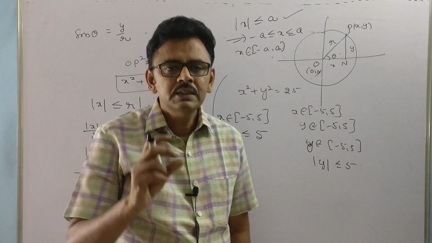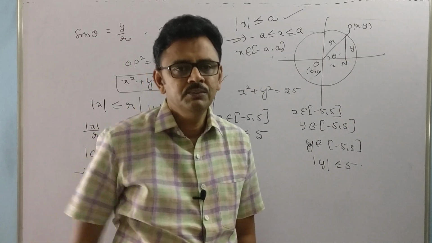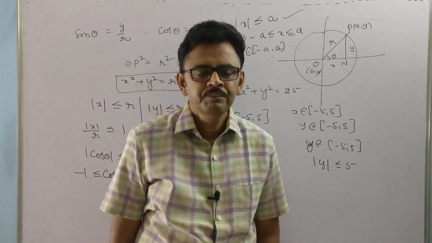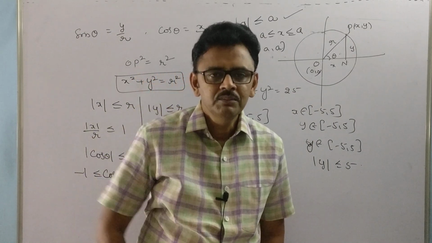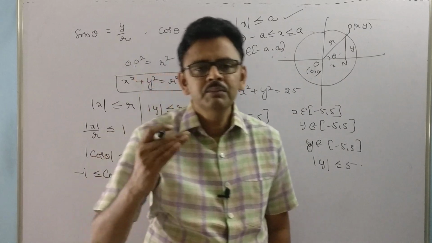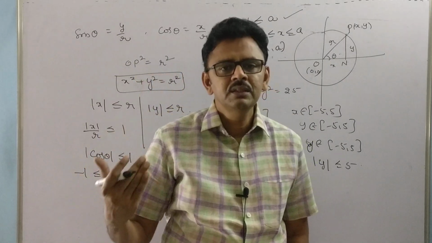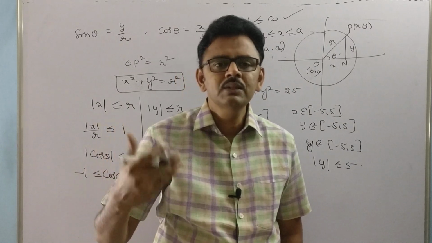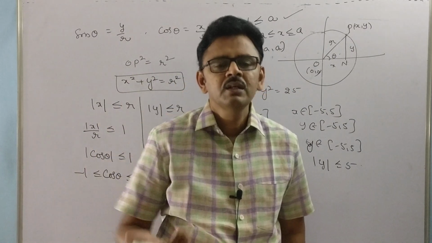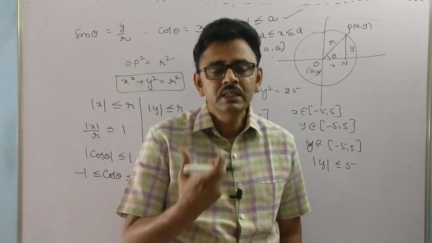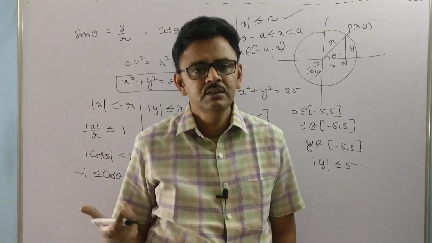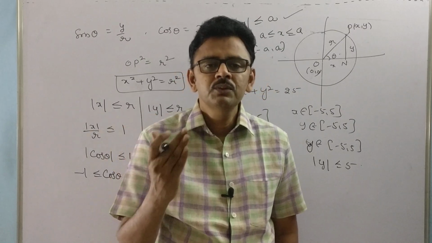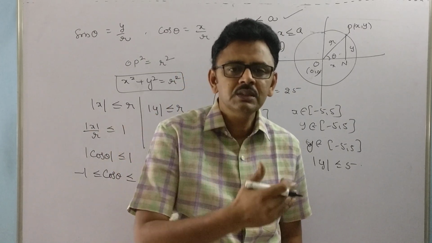Okay. Cos theta equal to 2 is not possible, which is impossible, because the range is what? Minus 1 to 1. For example, you have to write one exam, a mathematics exam. The maximum mark is maybe, in your 10th class, 50. Suppose one paper contains 50 marks. Is it possible to get 51 or 52 marks? Not possible, because the range is what? 0 to 50. Minimum mark is 0, maximum mark is 50. So it is not possible to get 51 marks or 52 marks or 100 marks.